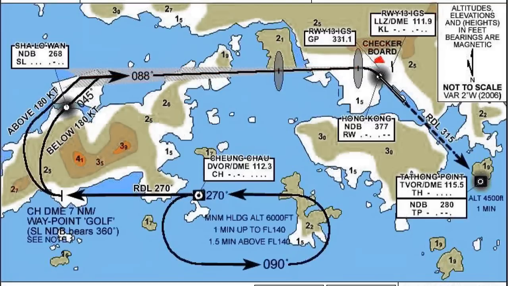The second way to do this turn is that if we're flying our approach at below 180 knots, first we need to turn to the Shallow 1 NDB, and then after overflying the Shallow 1 NDB, we'll turn to a heading of 045 until we intercept the localizer. This is done so we can avoid these 4,100 foot hills or mountains which would be in our way. Once we intercept the localizer, we'll fly a heading of 088 until we either switch to visual or we do